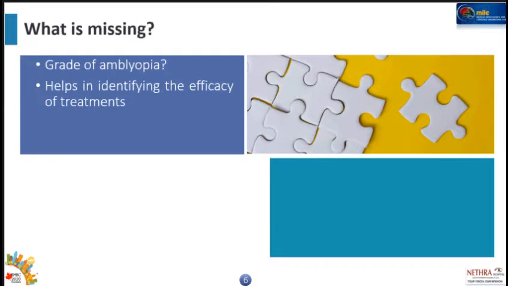A tool for quantifying amblyopia can help us in identifying the efficacy of treatments for amblyopia. Though visual acuity based tests can give some quantitative information about the grade of amblyopia, the grading is very coarse. Also, the test is not very useful in case of bilateral amblyopia. Coming to the fixation preference test, it is only a qualitative measure and hence cannot be used for grading amblyopia. Moreover, many studies have shown that the fixation preference test results are unreliable.